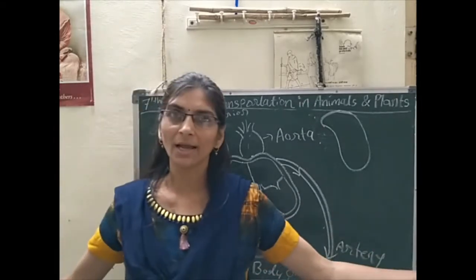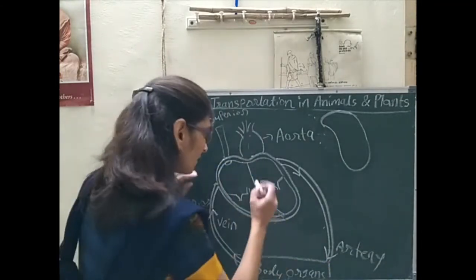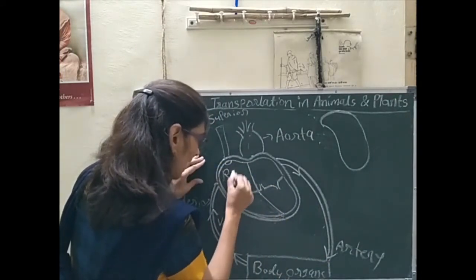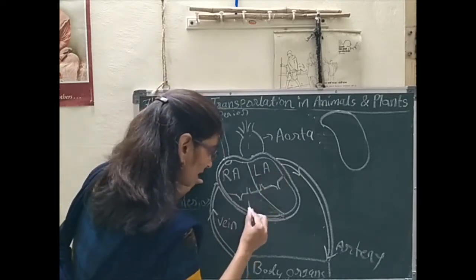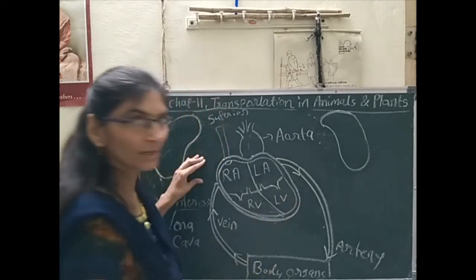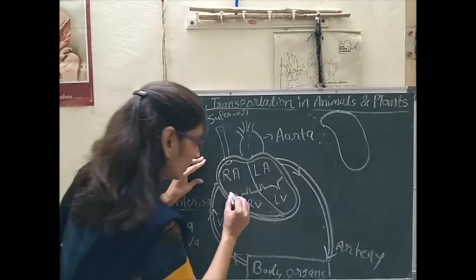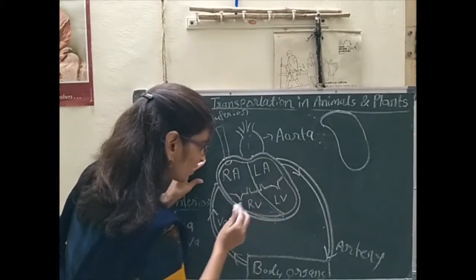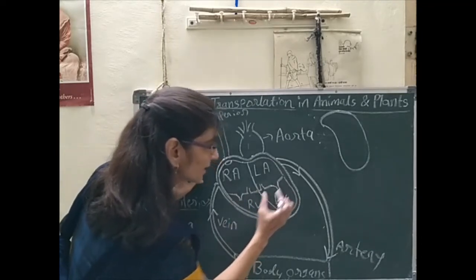If I stand like that, this is my left side, this is my right side. That's why it is a right atrium, it is a left atrium. It is the right ventricle, it is the left ventricle. Yes, is that clear? 4 chambered. Again, at this partition there are 2 walls in this right side, 2 walls present in the left